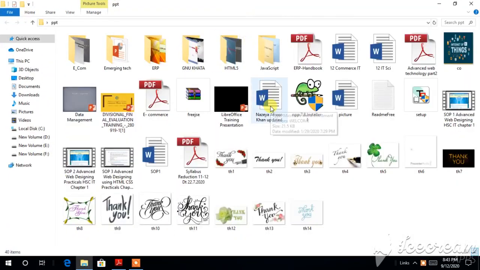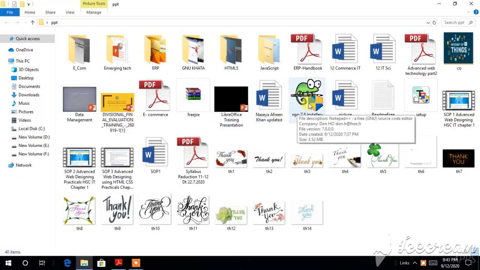Today I will be going through one of the tips: how to run a JavaScript program. Certain software is there which you should take up. This is one of the software, shown here in the icon, called FreeJ. And this is another one called Notepad++ software.